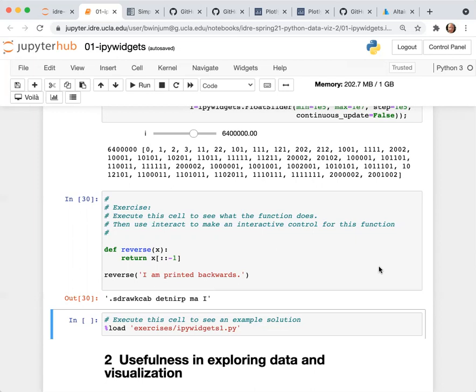There's a question. Could you tell us how to extract these plots to PDF or Excel? Do you mean the graphics that we're going to be making later, or something like the notebook itself?